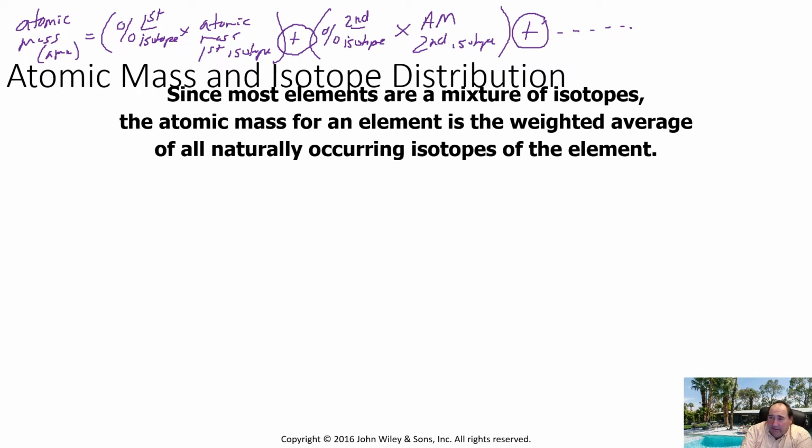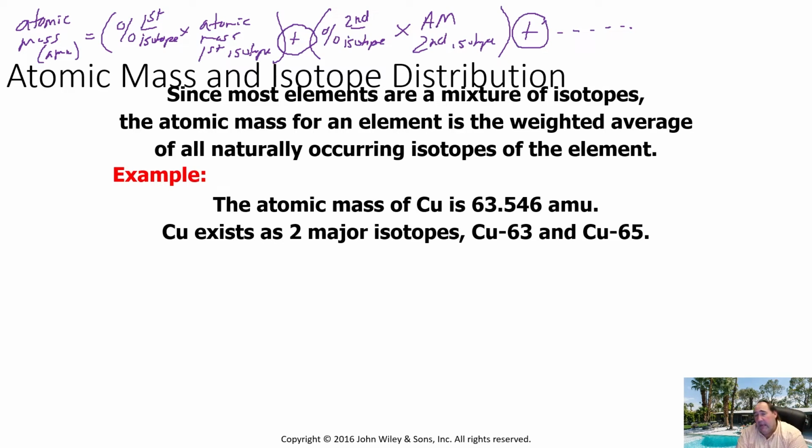So, for example, we were talking about carbon. There's the carbon 12 isotope, which has a mass of exactly 12. There's also a naturally occurring isotope, carbon 13, which occurs about 1% of the time or so, and the other one is about 99% of the time. And the carbon 13 isotope has a mass of about 13.000, a bunch of zeros and stuff. So when we do this calculation for carbon, that's how we end up with 12.01, like we see on the periodic table.